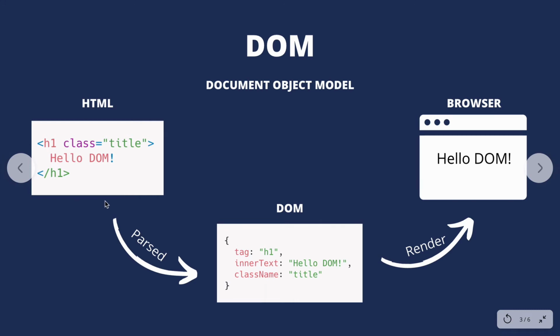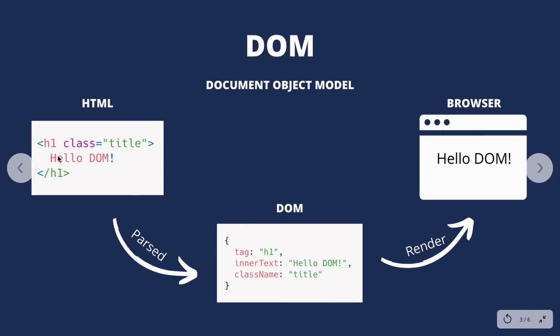Object model is the conversion of HTML into the form of an object. So whenever the browser takes HTML, it converts that HTML into an object form, and it uses that object form to display in the browser. So when you write your HTML, it gets converted into something called DOM, and that DOM is being rendered in the browser. Now what we can do is use this object to manipulate the content of this page using JavaScript. We will get into the details in a while.